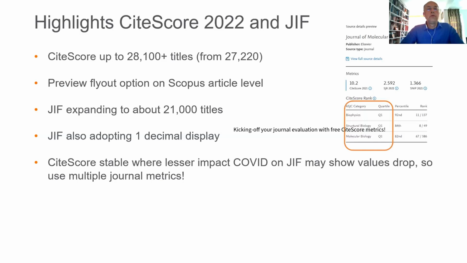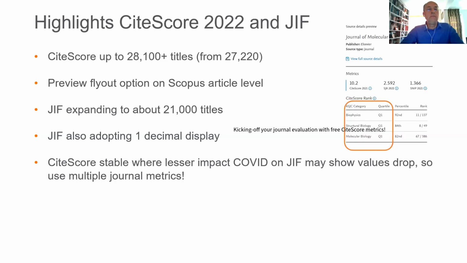Some highlights for this year's release, and I'm a bit surprised that the impact factor has still not been released. Maybe today, maybe later this week, I don't know. CiteScore was released, as I may have mentioned, on the 7th of June earlier this month, with over 28,000 titles, including this new preview flyout option on the Scopus article level.